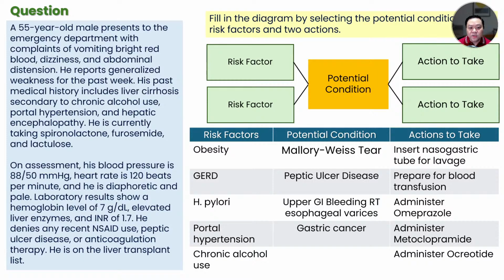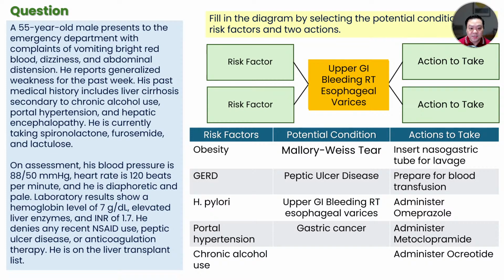Now, I really want you to recall the concept about the GI disturbances. Your task right now is to fill in the diagram by selecting the potential condition, 2 risk factors, and 2 actions. Now, what would be the correct potential condition? Well, the correct answer would be the upper GI bleeding related to esophageal varices, and this is a common complication of portal hypertension due to liver cirrhosis, especially in patients with a history of chronic